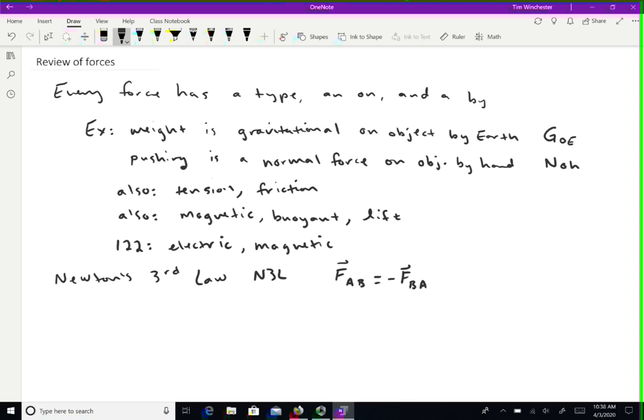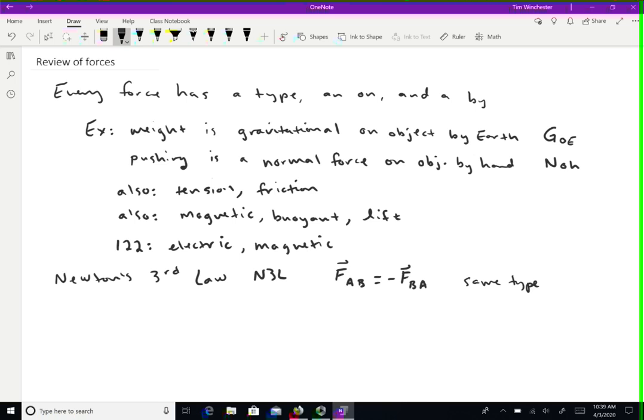Okay, so to look at some of the examples that I mentioned so far, if there's a gravitational force on an object by the Earth, there has to be an equal gravitational force on the Earth by that object. If the object's pulled down, the Earth is pulled up. If I push on a book with my hand, then the book pushes back on my hand with a normal force of the same magnitude. So it's always the same type. Be careful that you don't think of Newton's third law as, for instance, saying that a gravitational force is always balanced by a normal force. It isn't. Lots of times gravitational forces are not balanced by any force, and that's why objects fall.